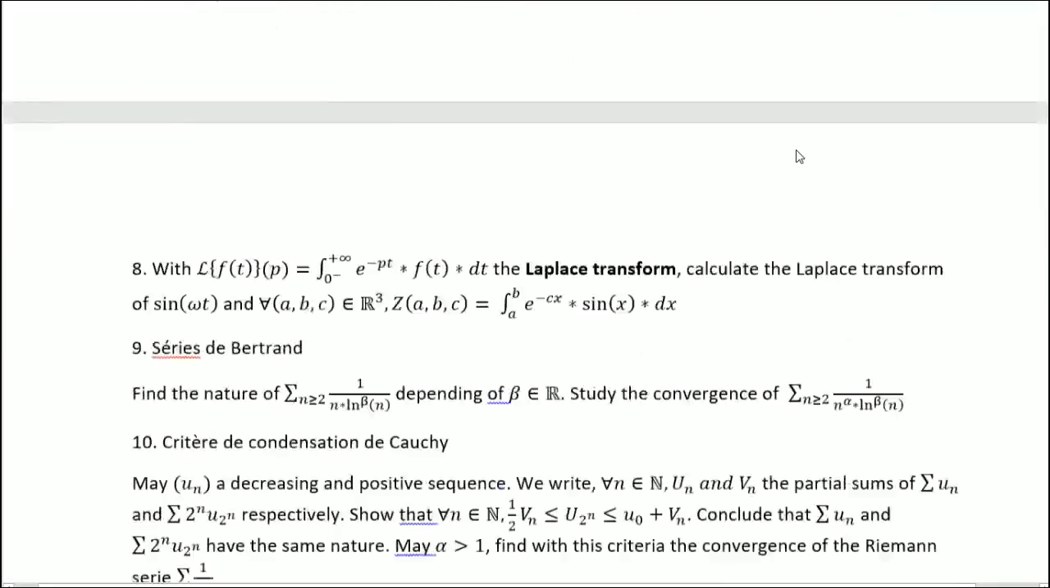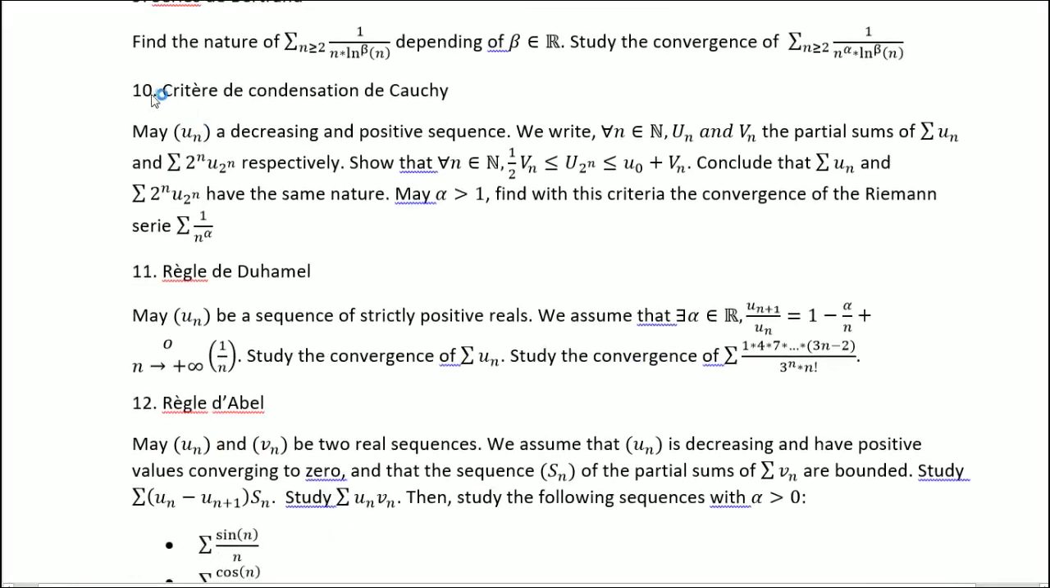Today we are taking a look at exercise number 10, the critère de condensation de Cauchy. So, the criterion of Cauchy to condensate sequences. Let U_n be a decreasing positive sequence. We write, for n in the integers, big U_n and